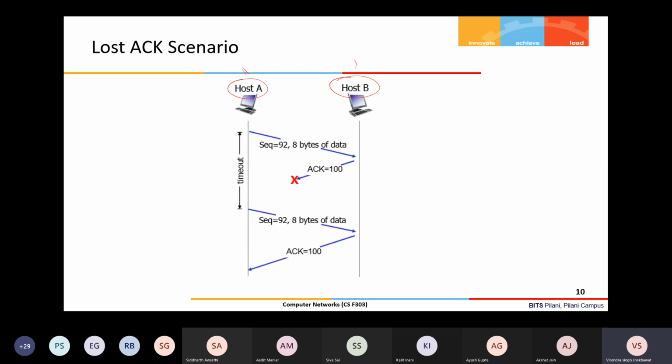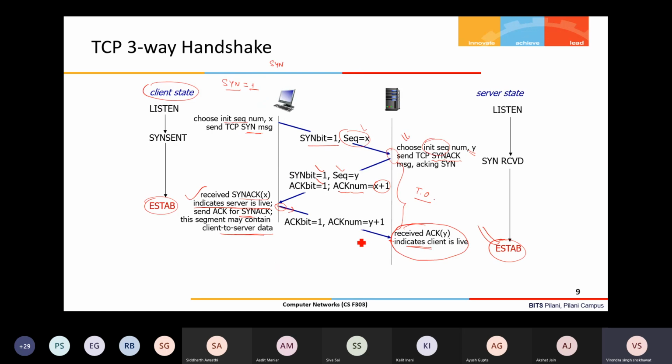So let us say the initial connection has been established, and after that, one more thing I want to tell you: when the client is sending this final acknowledgement, along with that it can also send data. It can be a simple ACK packet without any data, or it can be ACK plus data also. In the case of ACK plus data, we call it the piggyback mechanism, piggybacking. So data can also be sent with this third packet of the connection establishment.